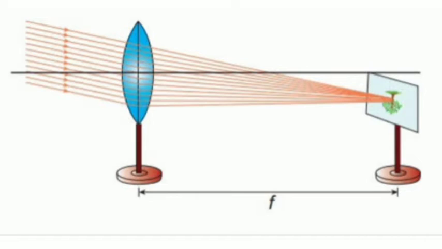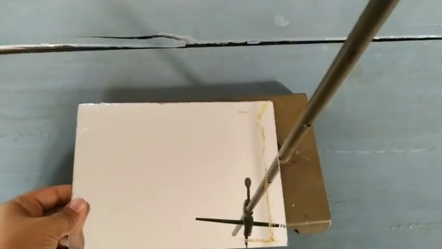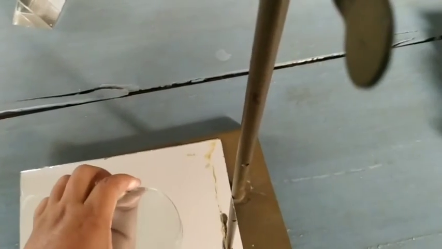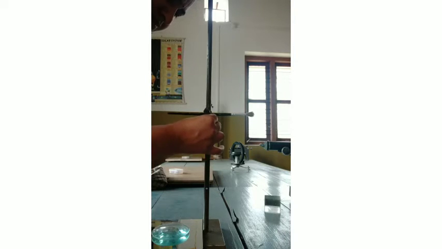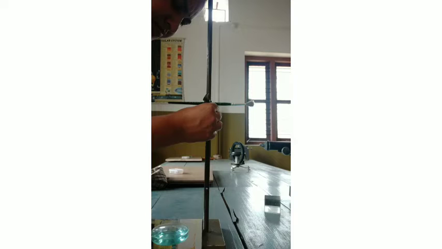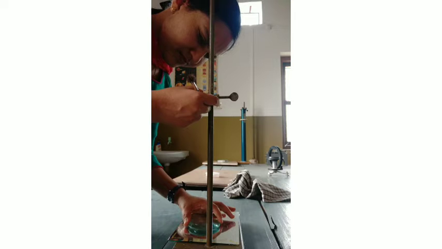To start with the experiment, first of all, find the focal length of the given convex lens by using the distant object method. Now, take a plane mirror and place it on the horizontal base of the iron stand. Now, place the convex lens on the plane mirror. Now, the optical needle in the clamp of the stand is adjusted at a distance equal to its rough focal length. Now, adjust this apparatus so that the tip of the needle, that is the object, appears touching the tip of its image.